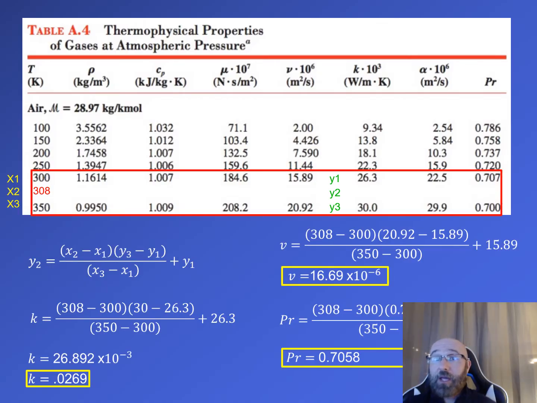So as you saw in my hand solution, there's several tables that I referenced. This is one of them, our table A4. Within this are the thermophysical properties of gases at atmospheric pressure. I wanted to include this in the video as well as in the PDF that I'll be posting to